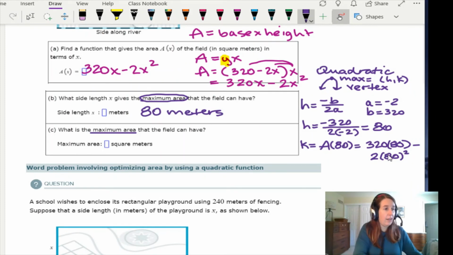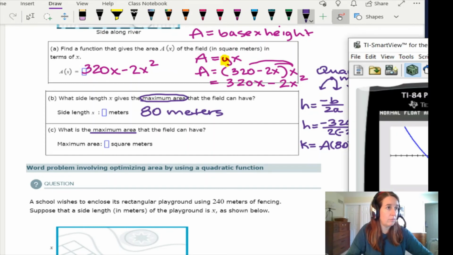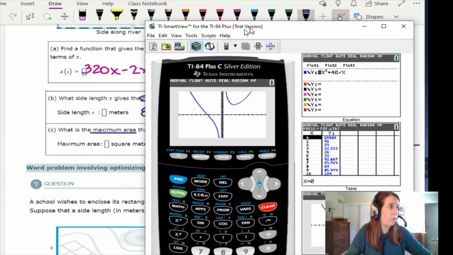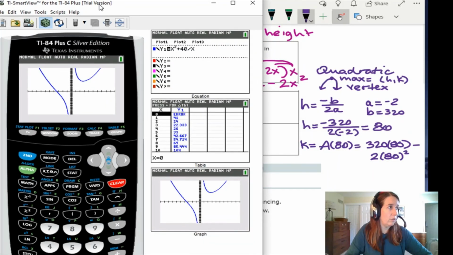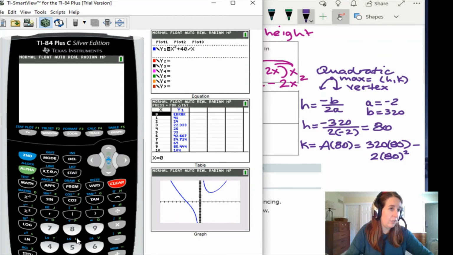Okay, I have to admit I didn't actually figure that out, so let me just pull up my calculator and do that. I'm just going to type it into my calculator. I could probably put that on the screen. Hold on. Oh, hello, calculator. How are you? Okay, so let me clear what I have. Okay, and then just put